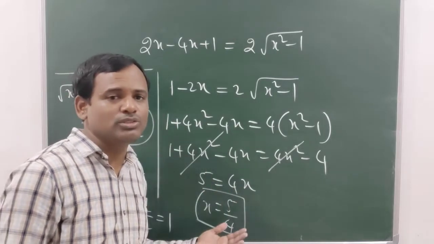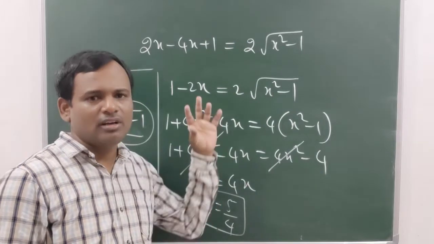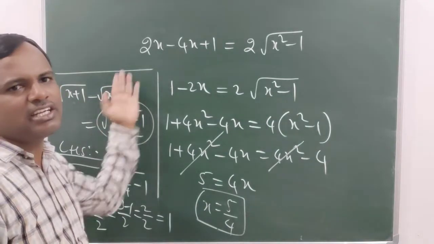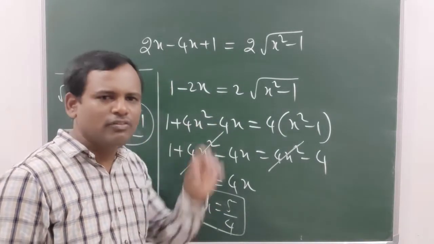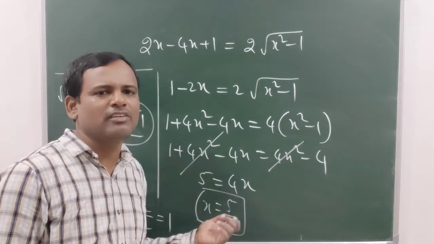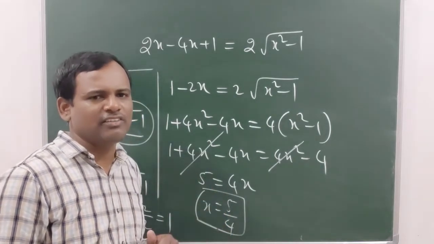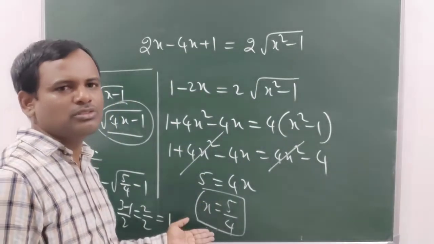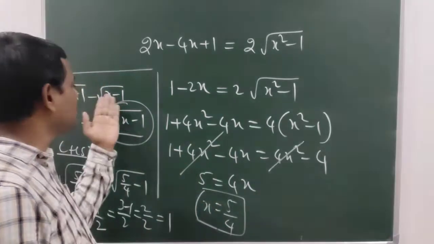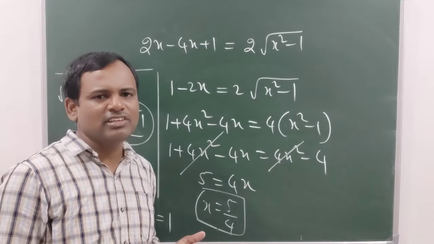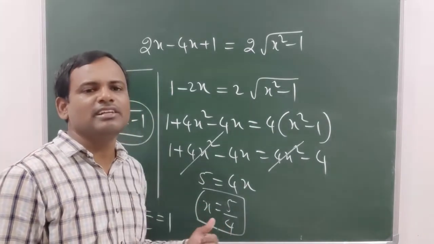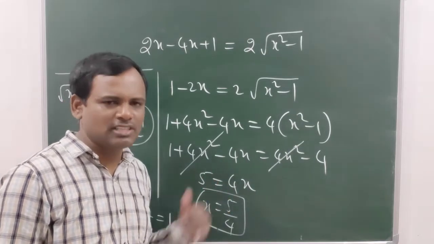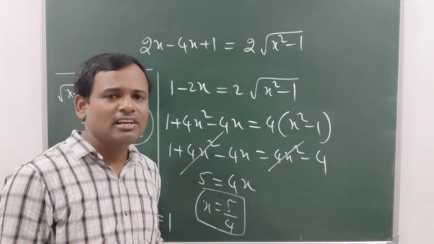But after getting that solution, again we have to go for cross checking whether this is a solution or not, means, for that x value you have to check LHS and RHS of the given equation. When we get LHS equal to RHS, then we can confirm this is a solution of the given equation. The same procedure we have followed here, but the obtained x value is not satisfying the given equation. Hence, we are saying that this is not a solution of the given equation. Hence, the number of solutions of this given equation is 0.